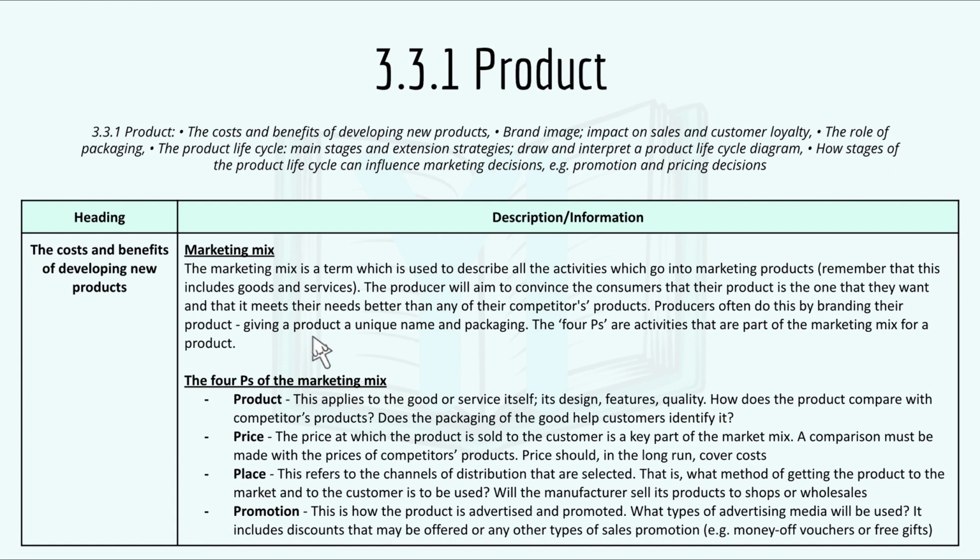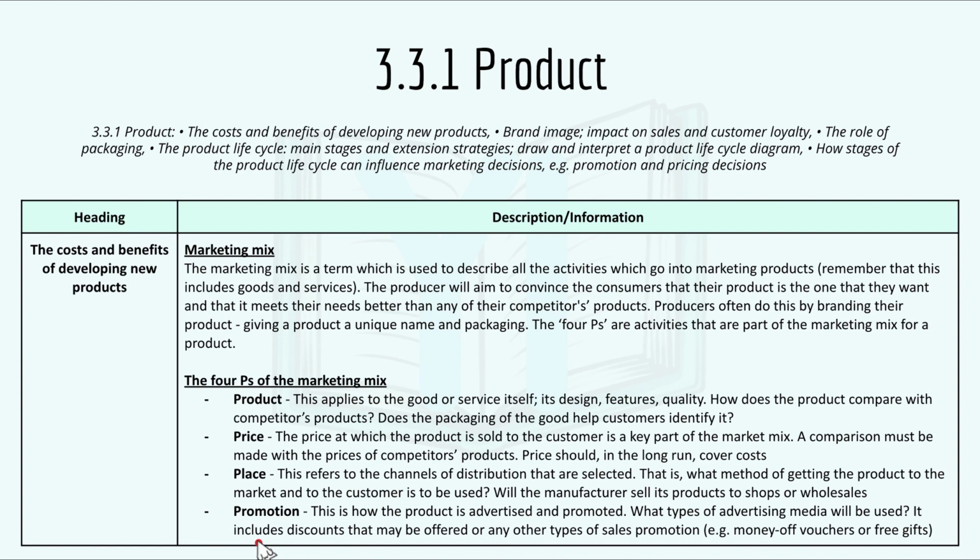And the producer will aim to convince the consumer or the customer that their product is the one they want to have and they want to buy, and that it meets the needs better than any other competitor's products. Producers often do this by branding their product, by giving the product a unique name and packaging. And the 4 P's are activities that are part of the marketing mix for a product. So the 4 P's include product, price, place, and promotion,